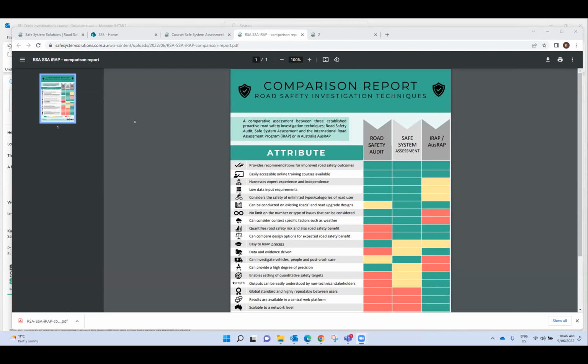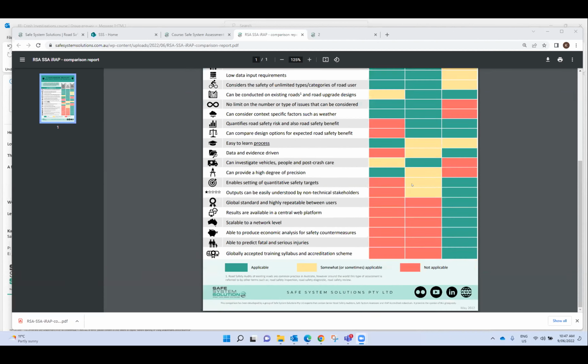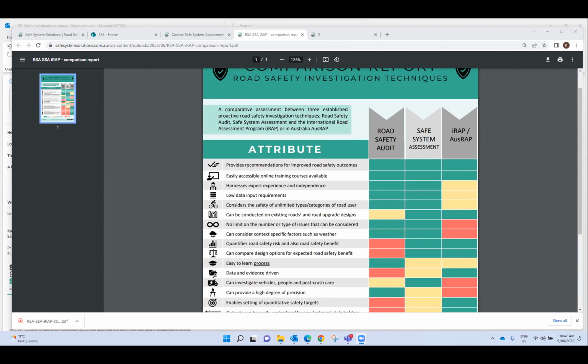Okay, so I have popped this into the learning management system. This is something our team recently put together, because this is a very common question about what to do, when and how. What is our scale here? Green is if it's applicable, yellow if it's somewhat or sometimes applicable, and red is not applicable. Hopefully that will be of use to people as they go out and work out what to do when. You can see there's road safety audit, safe system assessment, and then also